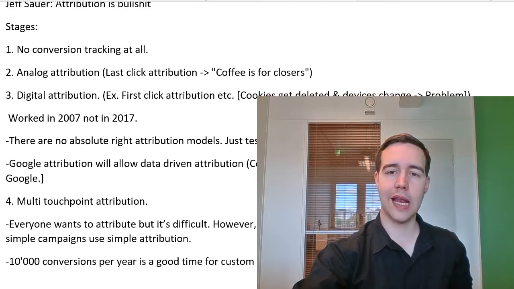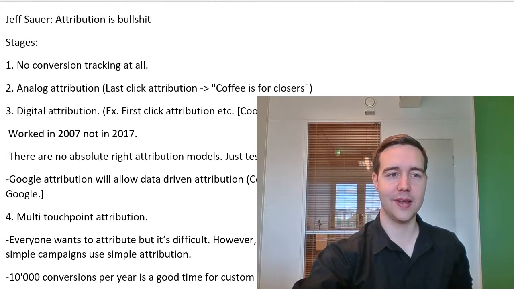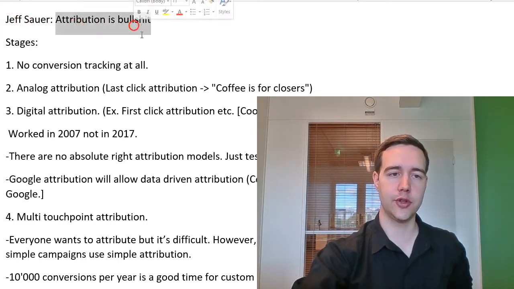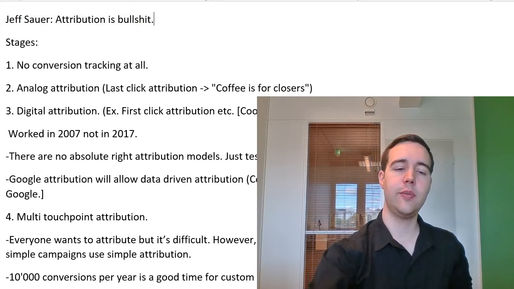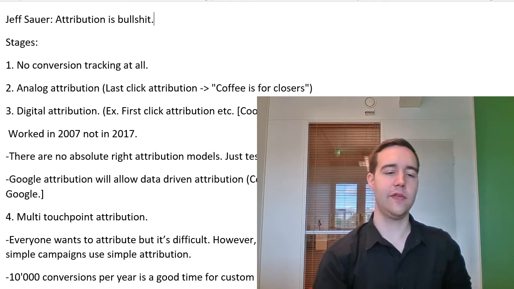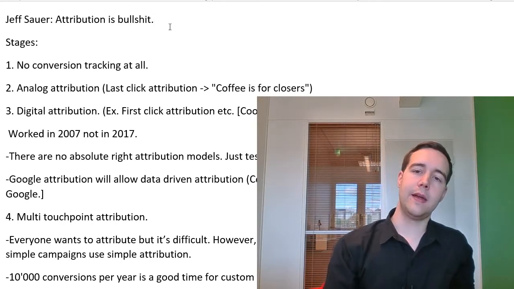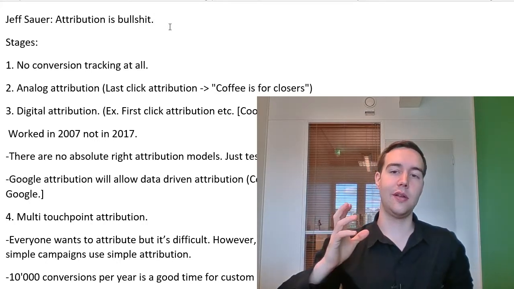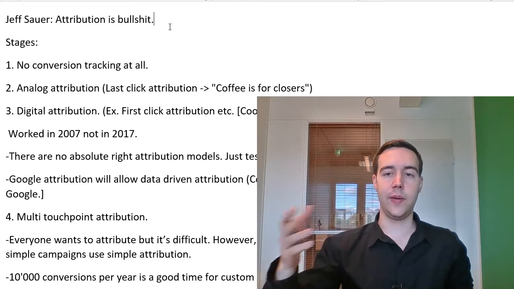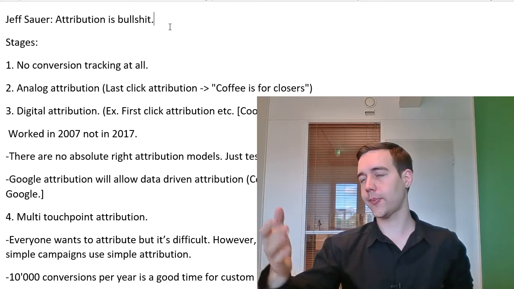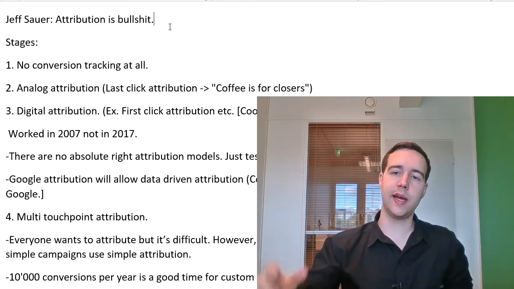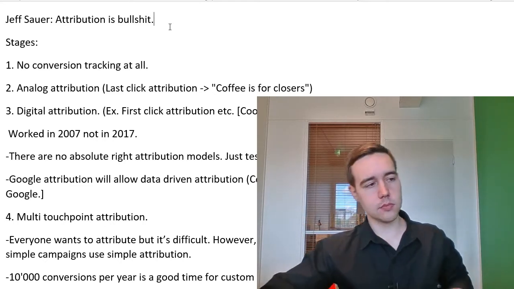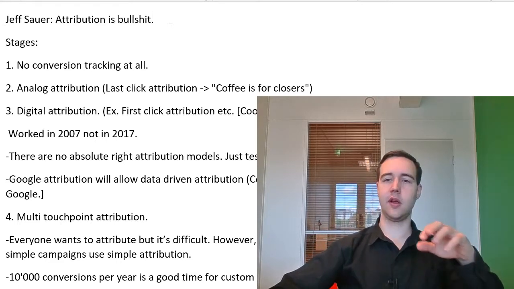All right, the last talk of the day is from Jeff Sawyer, and this is about attribution. So attribution is, for example, if you have a marketing campaign and you want to kind of nominate the actual sale to one particular campaign. So it's very typical in conversion paths to have multiple touch points. So think of this example, for example.